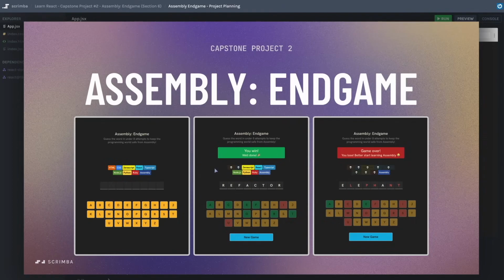Below that, we have a list of languages, which will be updating as you're playing the game. Next, we have the actual word that we're trying to guess with a blank spot for every letter of the word and the letters filled out that we have correctly guessed. Then we have a keyboard section, which is the main point of contact with our user. This is where they'll be clicking around to make their guesses. And finally, a new game button at the bottom, which will only show up at the end of the game. Identifying all of these sections gives us a great starting point with how we can start scaffolding or bootstrapping this project.